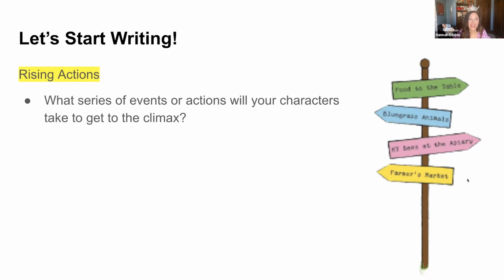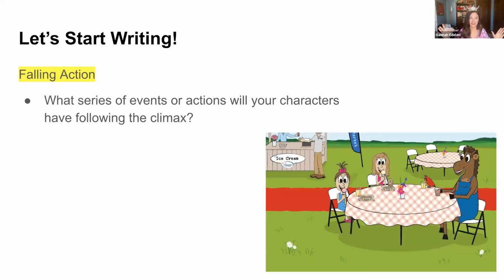All right. Our next component comes after the climax. And those are the events or actions that follow the climax. So right after, Madeline and Taylor learn about what Kentucky Proud is, and they do all their experiences across Kentucky. They reflect, and that's kind of how the story wraps up. They reflect on what Kentucky Proud is and what it means to our state and the kind of people that are part of it, which is really special. And sometimes your falling action could be really quick. Sometimes you could drag it out.